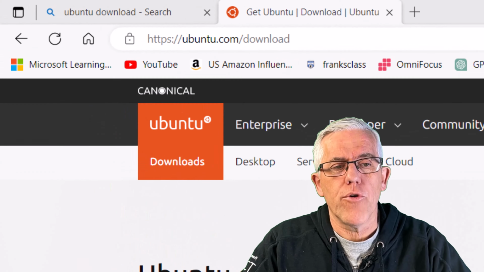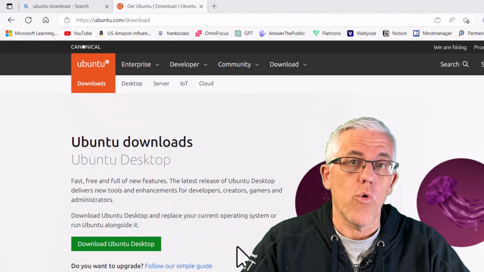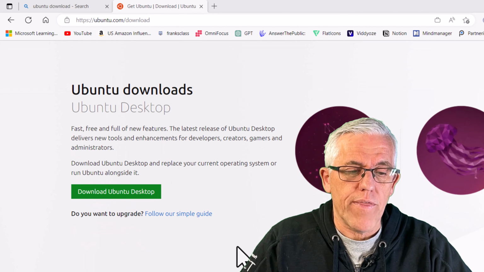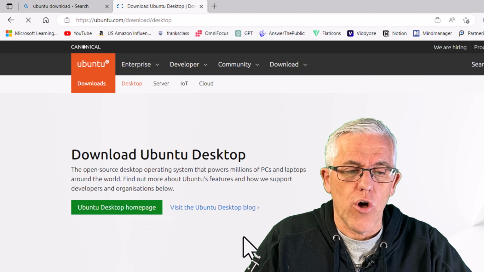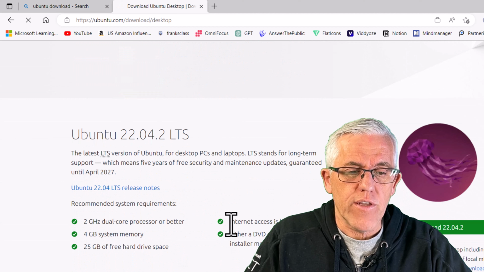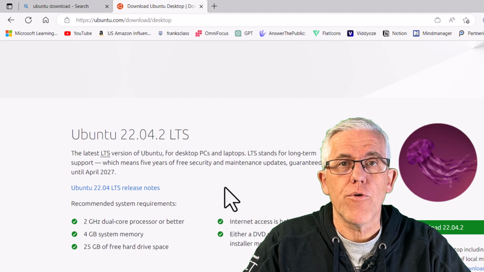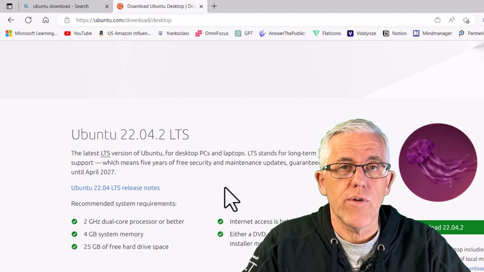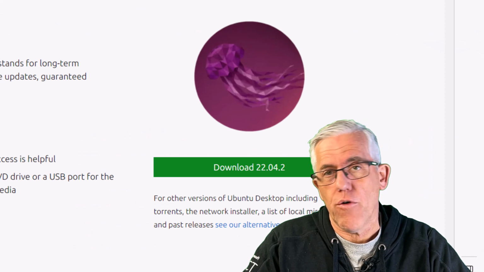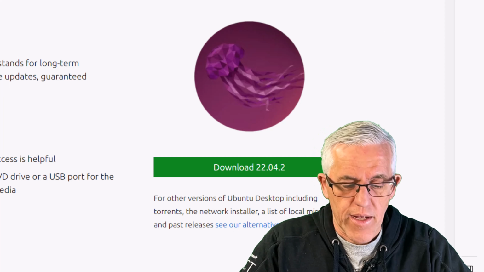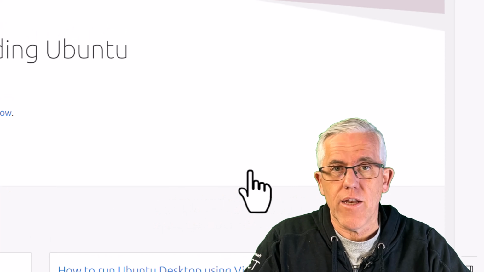So if I go to ubuntu.com to download, you'll notice that I can download a desktop or a server. In my case, I want the desktop. We're going to download Ubuntu Desktop. And I want to install one here. You can see I've got the LTS one, and that's really the stable version of Ubuntu. We'll take that one as opposed to an experimental one. Right now, that happens to be version 22.04.02, so I can click here to download it,